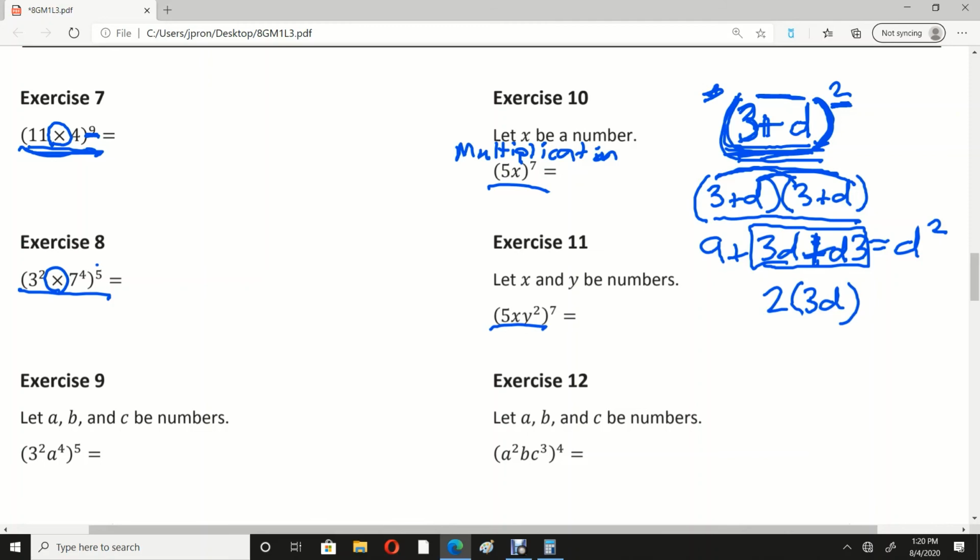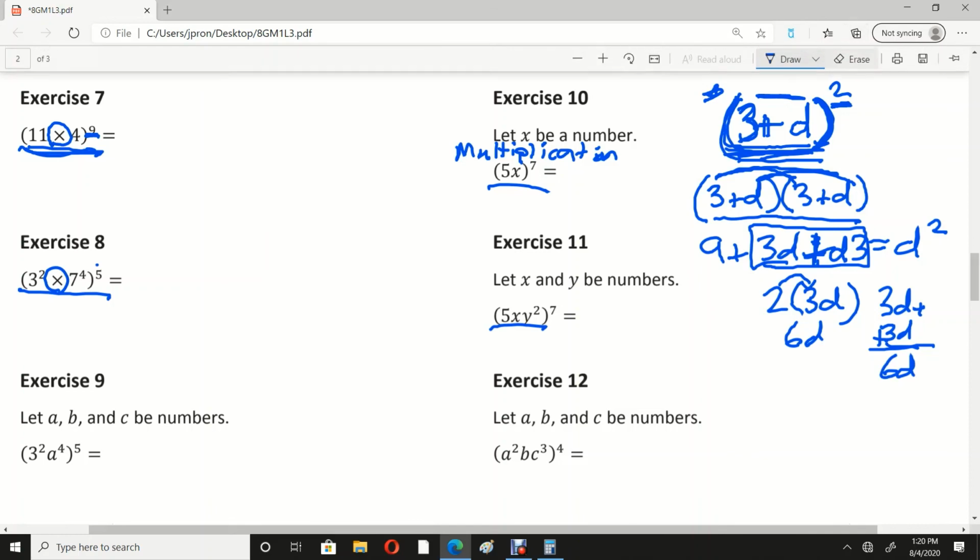Since we're adding these together, it's repeated addition of the same thing. So 2 times 3d. And what we do is we just multiply the numerals together. So we have 2 times 3d, which is 6d. Or you could just see it as 3d plus 3d, and you just add the numbers. If you have 3 of something and 3 more of that thing, then you have 6 of that thing. Okay? So then we have 6d